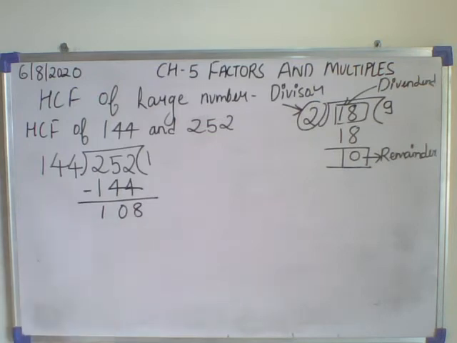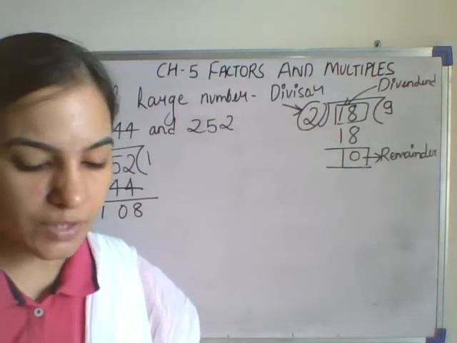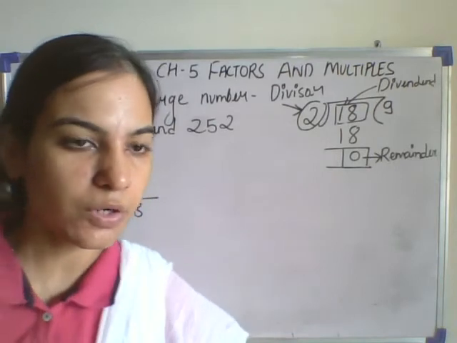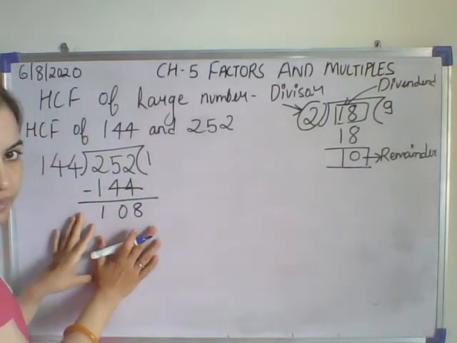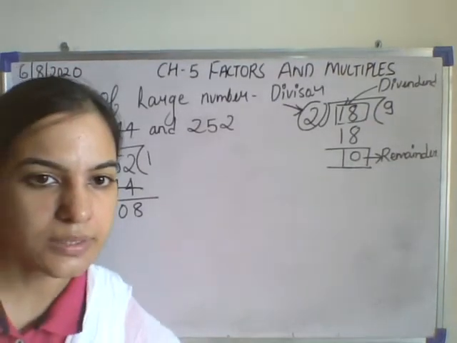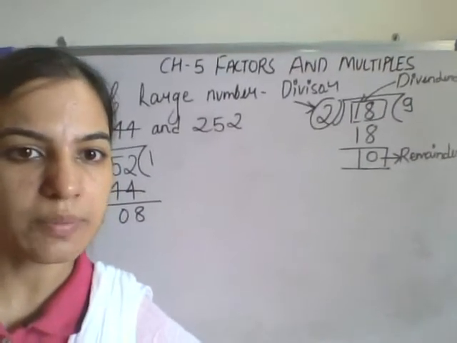Now in the next step, I am using a different color so that it will be clear for you. Here the one division is completed. The answer is 108. So next what we'll be doing,